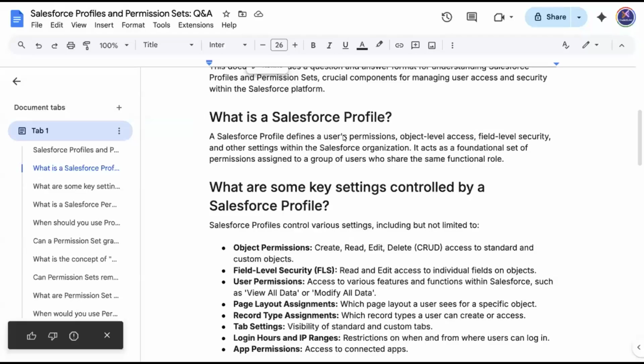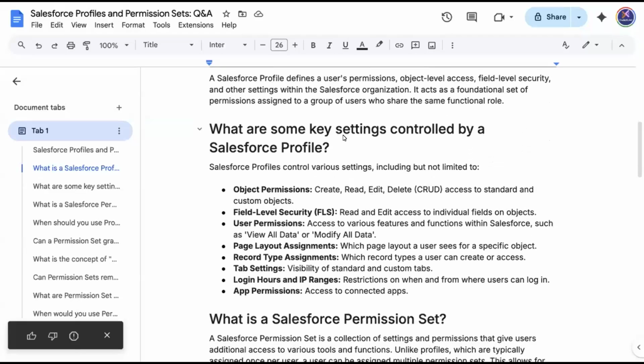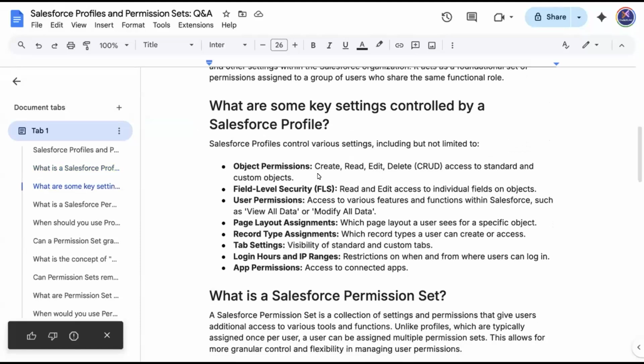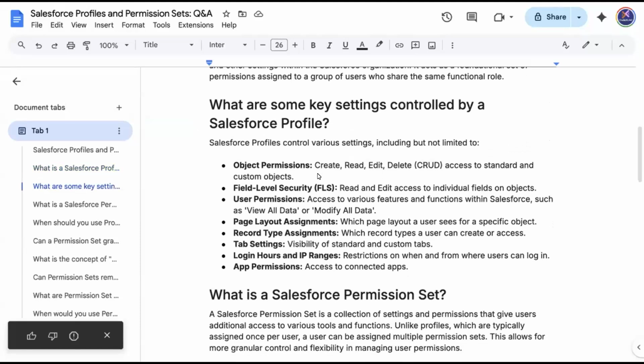Profile. Now, what are some key settings that are controlled by a Salesforce profile? As I have explained, mainly the profile controls the metadata access. What is metadata? Data which is related to the actual data. If you see the answer for this question, Salesforce profiles control various settings, including but not only these. There are multiple as well, but these are the basic settings that are controlled by the Salesforce profile, such as